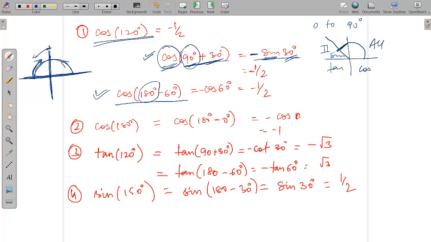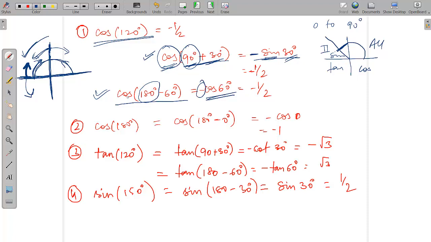So you're touching this particular line and then going beyond or coming back. Similarly, if you're touching this particular line, then 180 degrees minus something or plus something is not going to change the function. So cos will remain cos, sine will remain sine. Okay, so it is cos 180 degrees minus 60 degrees. That means it is the second quadrant. So if it is the second quadrant, you will see that cos is negative, so we have put a negative sign here. And cos remains cos only. So it will be equal to cos 60 degrees.